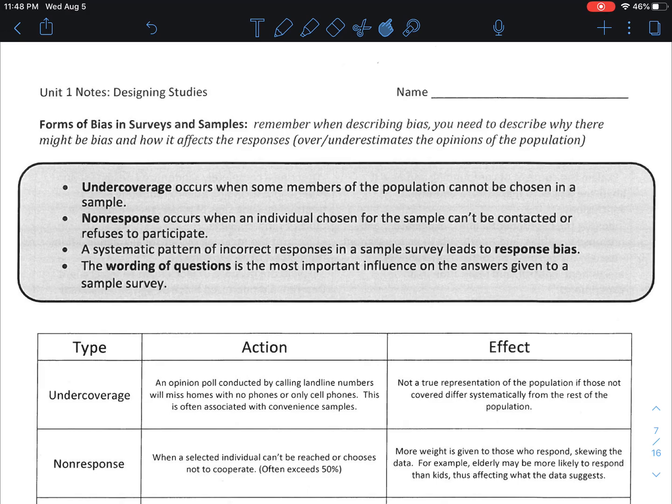Undercoverage. Here we go. Undercoverage occurs when some members of the population cannot be chosen in a sample. I want to sample everyone in Elk Grove Village right now. I'm going to get their opinion on something. So I have in front of me a directory of all the registered landlines. And landlines are like the home phones, right? The ones that are in your house, not a cell phone. I have all registered landlines, like, olden days. I am this old, but not that old that I use it all the time. Where you use a phone book, right? That whole thing. Okay. And I look through all of the landlines, maybe from a phone book,